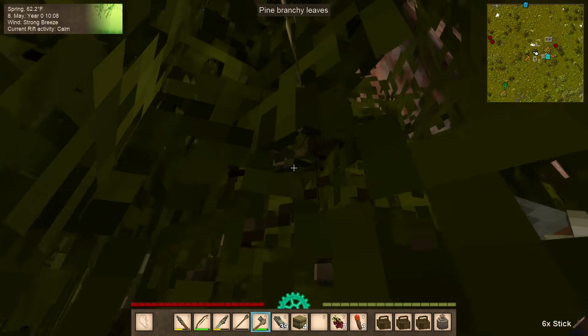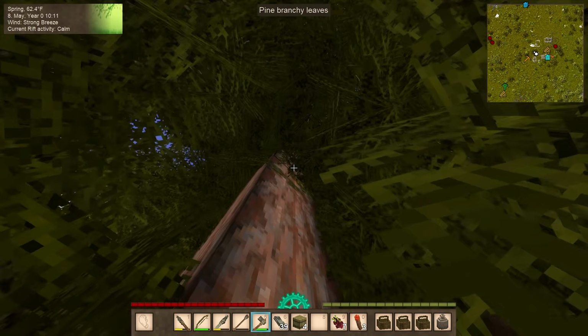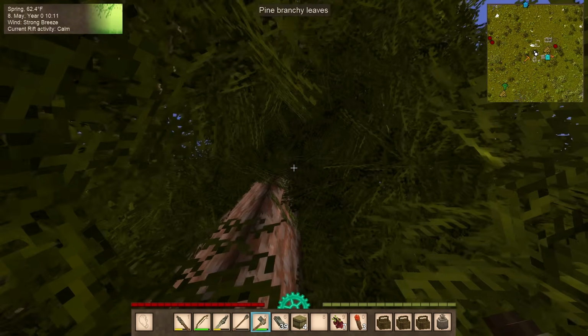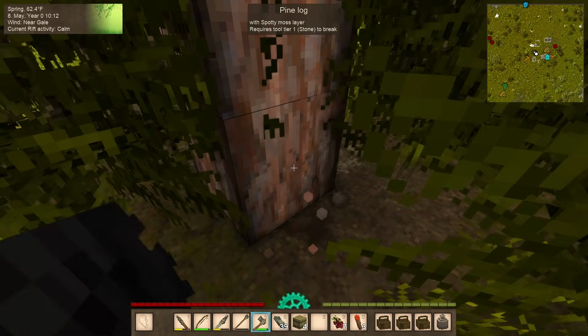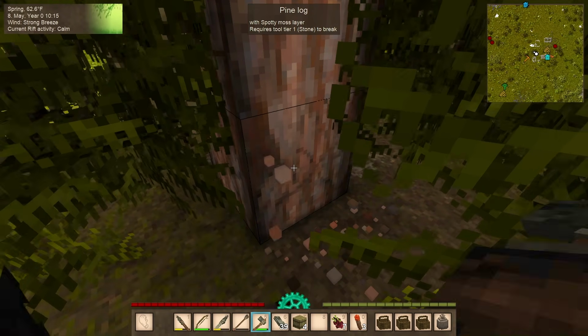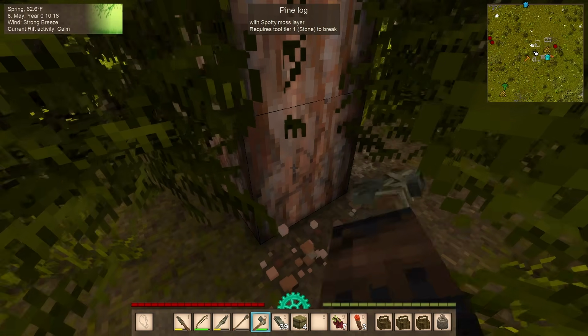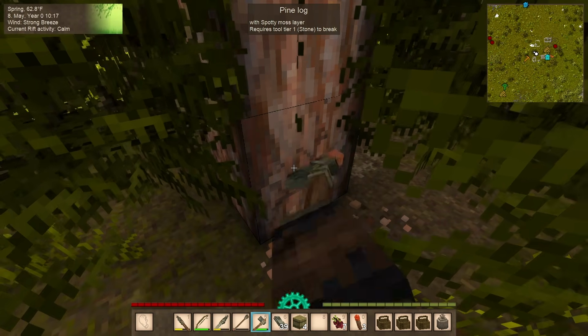I don't think there's any resin on this one, because I don't think the resin is able to grow when the leaves are right up against the trunk like that. So my guess is this does not have any resin. So away it goes. And we're going to chop down all the trees surrounding Huntsman's Tower so that we have